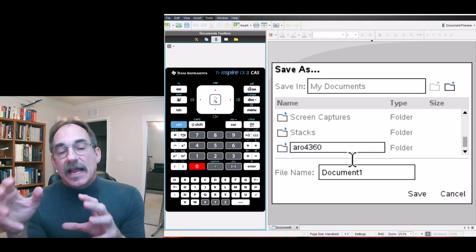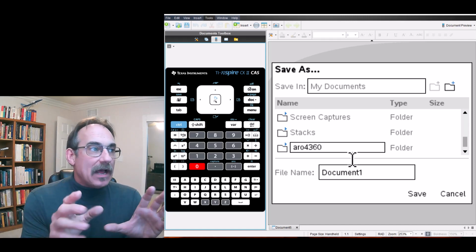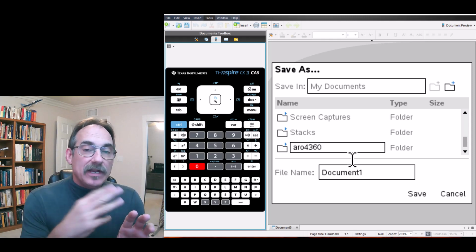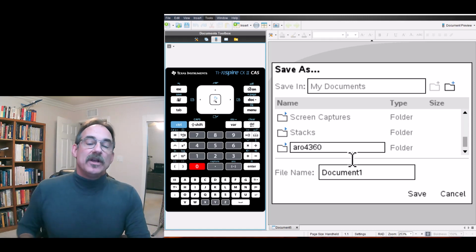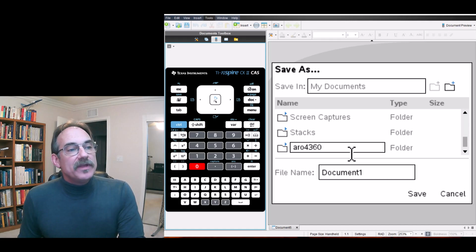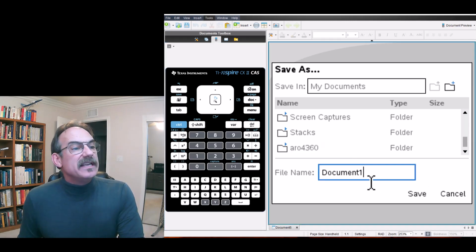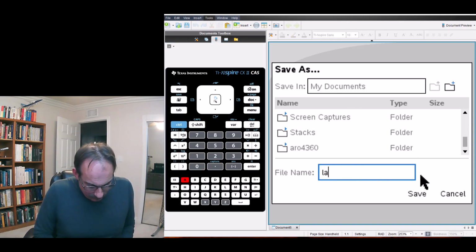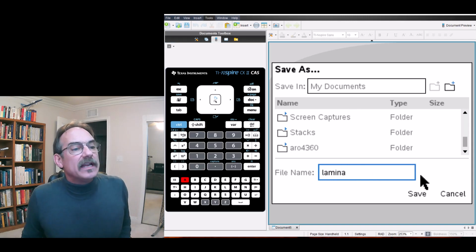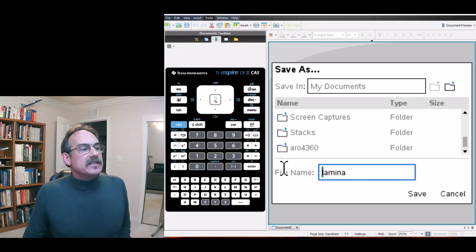Separate from your other kinds of calculations, you'll find out that the TI-Nspire has the ability to move things around and copy things quite readily. So this is going to create that folder. Let's save it, and we're going to call the name of our document Lamina. Now you can call it anything you want, but I think TI-Nspire does not